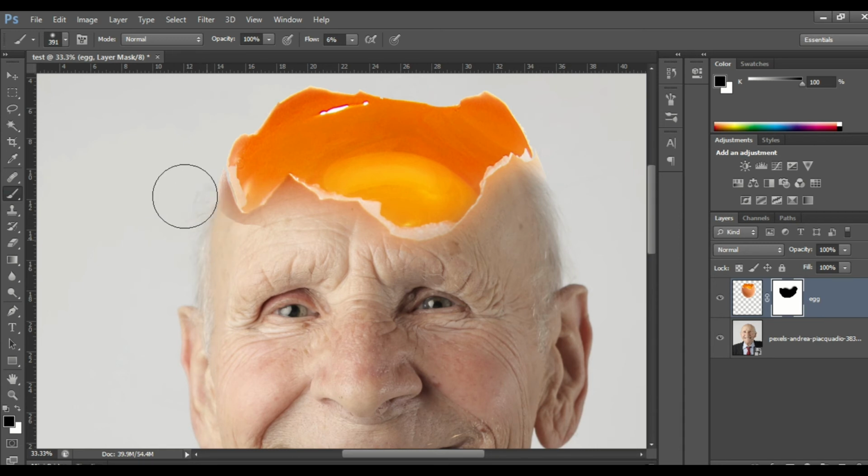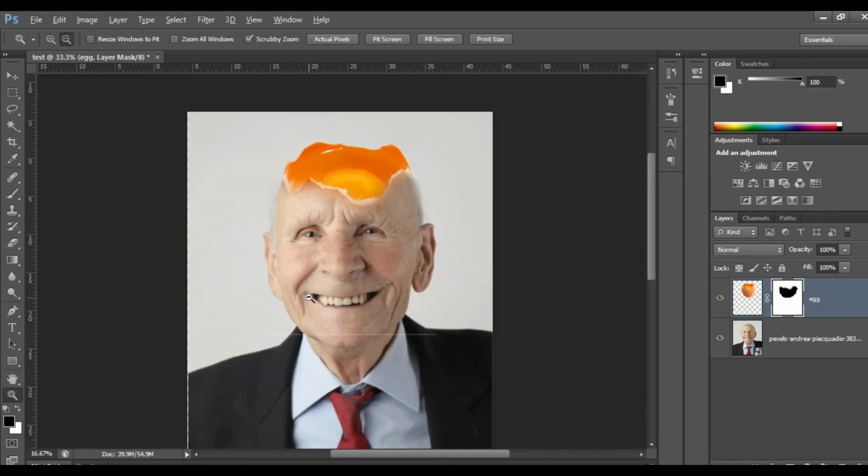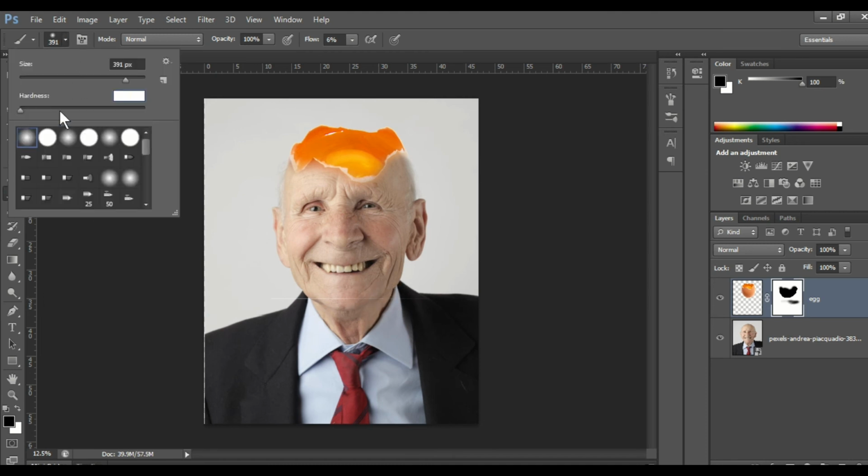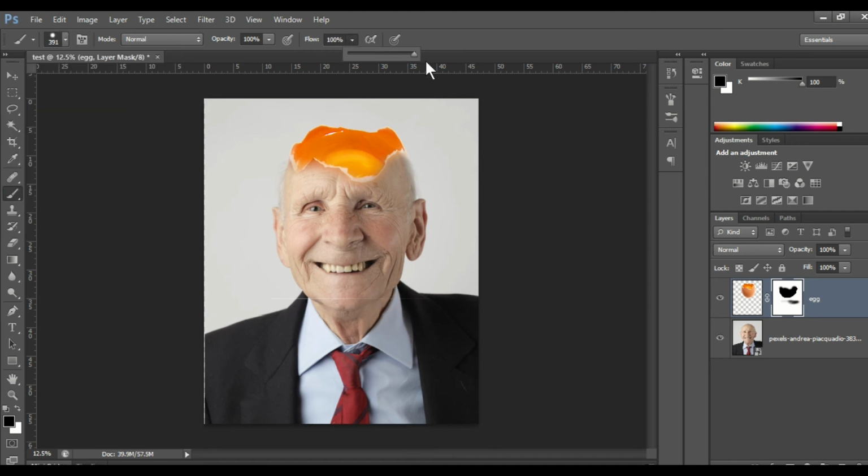We will do it very gently and slowly so the image would look more realistic. And then we will zoom out and delete more excess parts like this white line over there. We can increase the hardness as we want and the flow to the maximum,